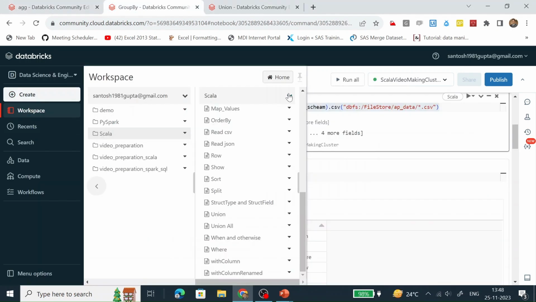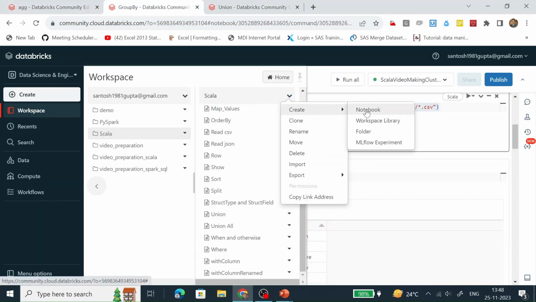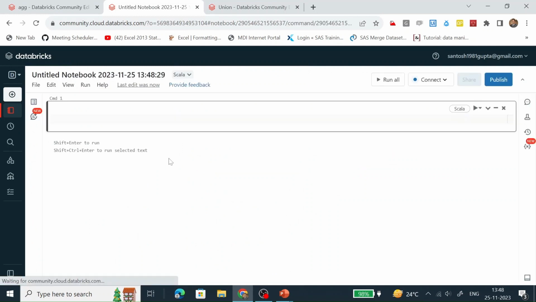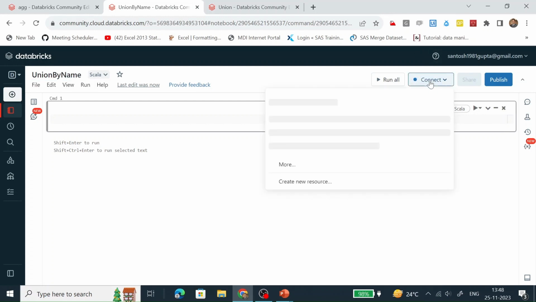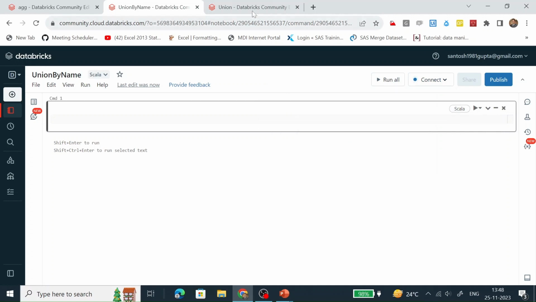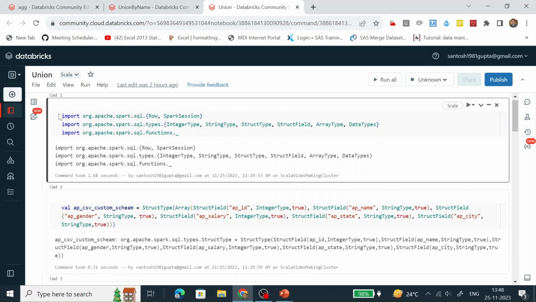Let's create a notebook. Make it union by name. Connect this notebook with our running cluster. Let's copy the code till the creation of the data frames by reading the CSV files.